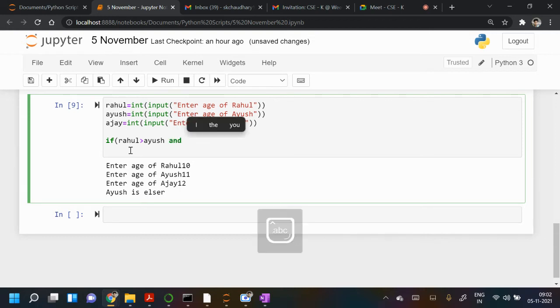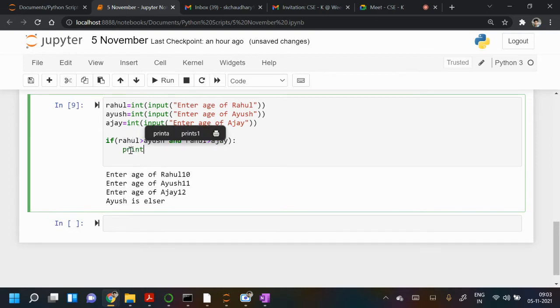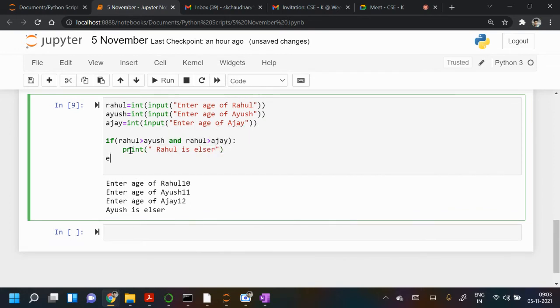And you have used Rahul is more than Ajay, no? Ajay. So in that case, you will print. Okay, and elif.